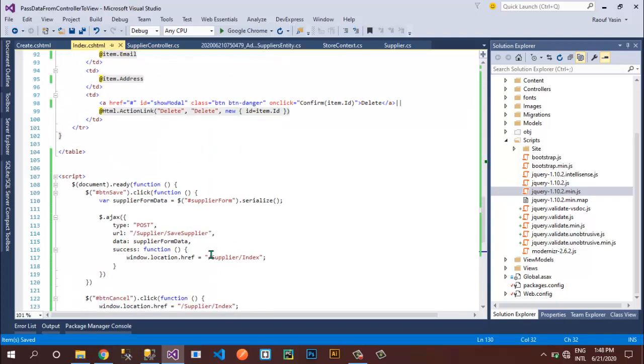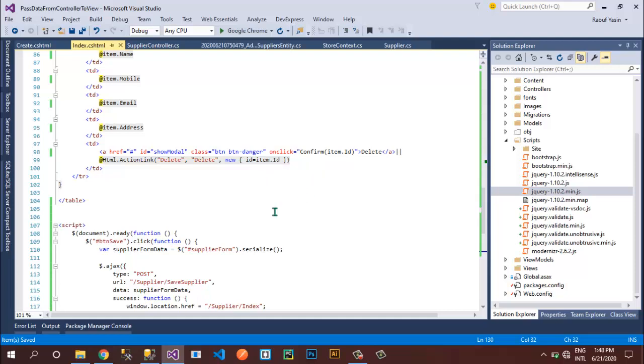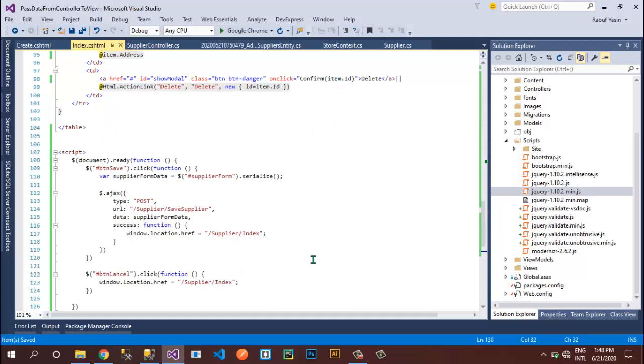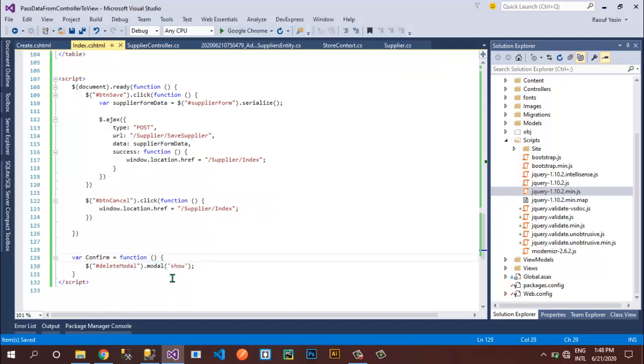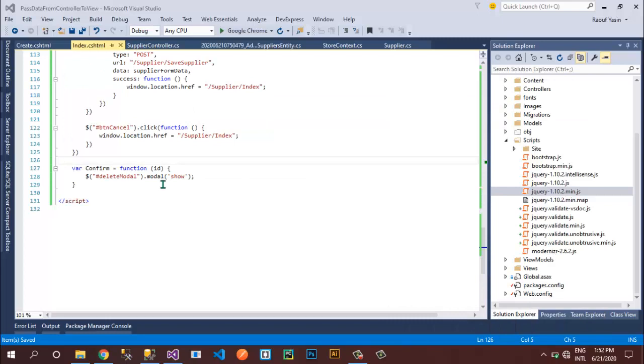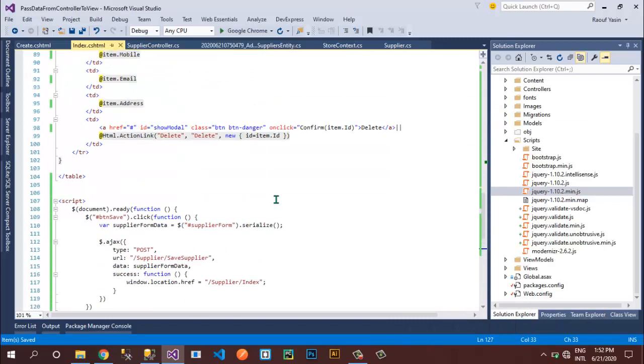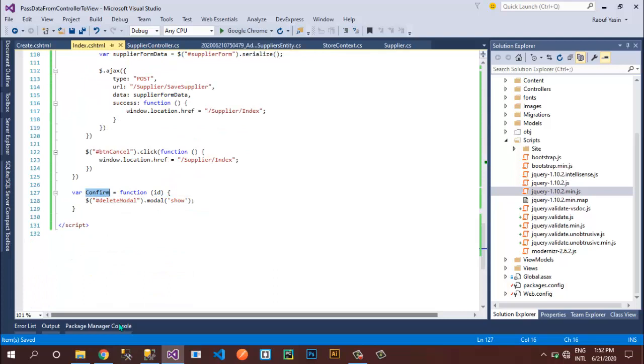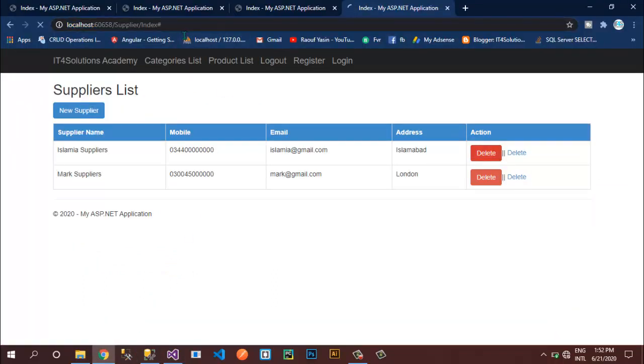Oops, we are receiving an id, this id, and we should create a variable for this. So let's say I want to receive that id over here. Okay, so refresh and click on delete. We're getting nothing. So we have set this id over here, and we have created this confirm. So if you start your application again, refresh this one and click on delete, look at this, nothing is working.